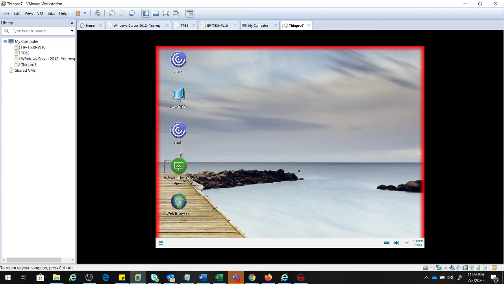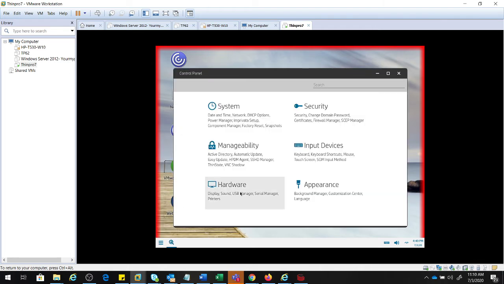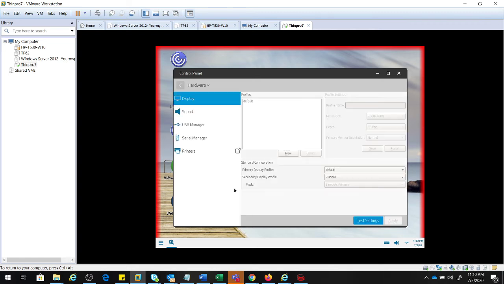Alright, so now let us check how to change the display resolution. Just click on start menu, control panel, go to hardware. Under hardware, go to display. On display you will be able to see the profiles listed.